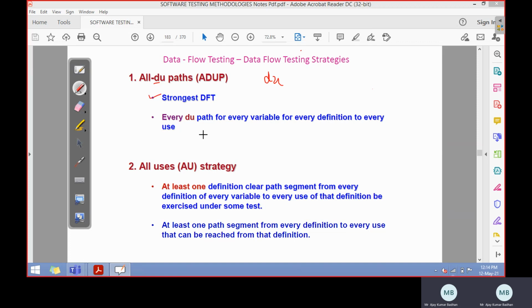So what it means exactly here is that for every DU path, wherever the variable you have defined is being used. Suppose this is the variable we have. You define a variable A here, and then you perform A equal to A plus B. So what does that mean? You are using this variable A in order to perform the computation. Now this link is what we call a DU link.